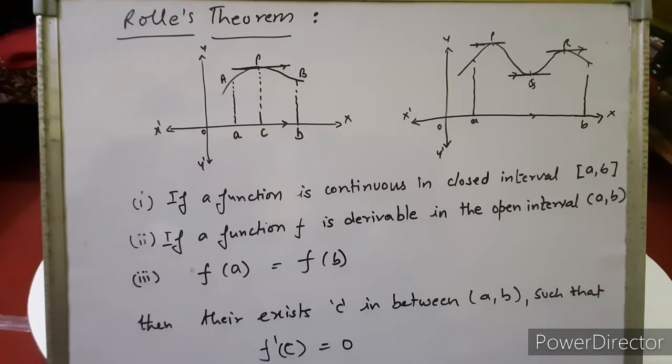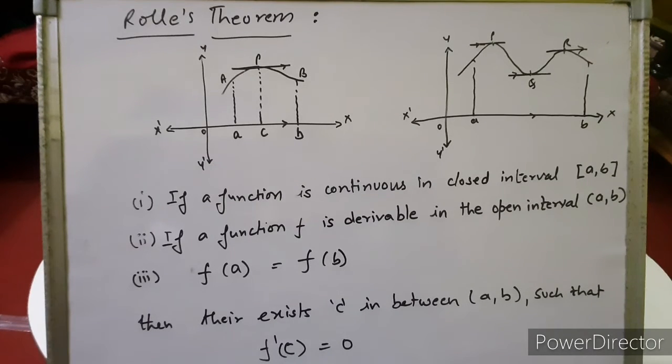Right, children. Let's see what the conditions are and how we are going to prove whether Rolle's theorem is applicable or not. First condition is the function must be continuous. That means if a tangent is drawn, or the derivative of the function exists, the function must be continuous. So the first condition is the continuity of the function, to check whether the function is continuous or not in the closed interval. Remember, children, this is an important point. We have to check the continuity in the closed interval a comma b.